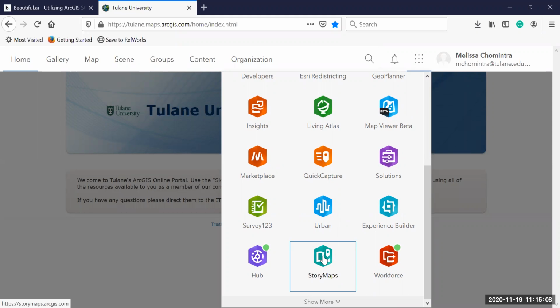From my understanding, and of course, anytime a university gets a site-wide license, there's a lot of configuration that goes on in terms of access. I did chat with IT early on in this process because I didn't have access to story maps, and this is a free tool, so everybody should have access to it. IT gave everybody access to story maps, so if you don't see it, let me know. IT should be able to give you access. Story maps is there at the bottom. I'm not going to jump into story maps quite yet,